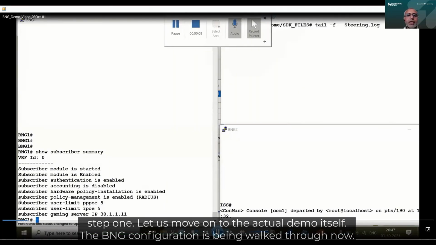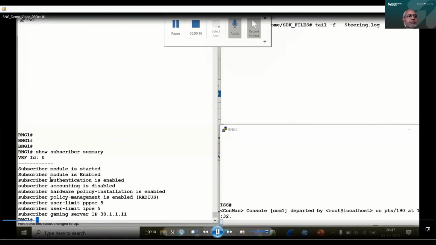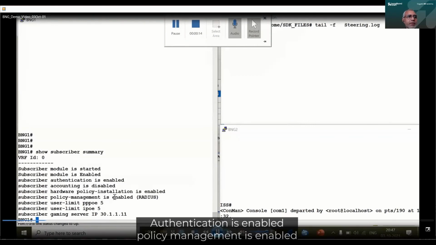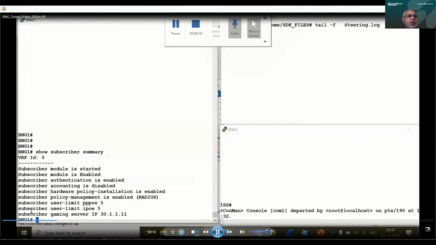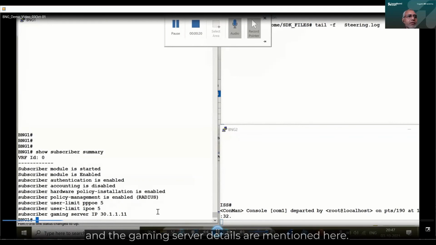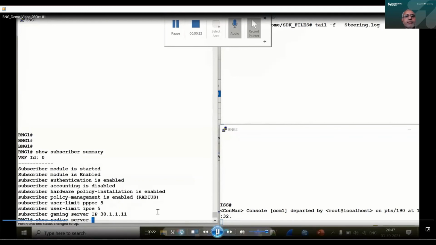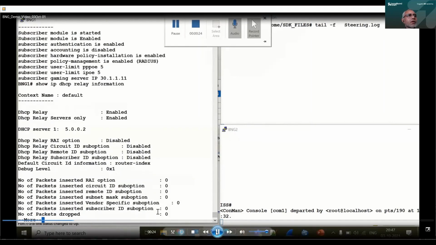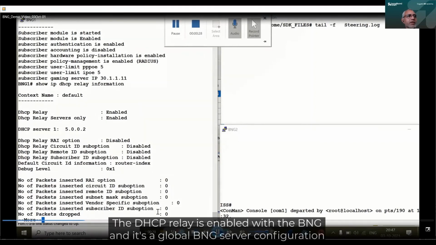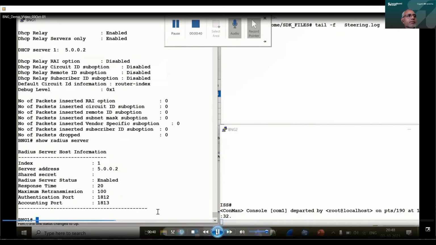The BNG configuration is being walked through now. Authentication is enabled, policy management is enabled, and the gaming server details are mentioned here. The DHCP relay is enabled with the BNG, and it's a global BNG server configuration, and also the Radius server on the BNG.